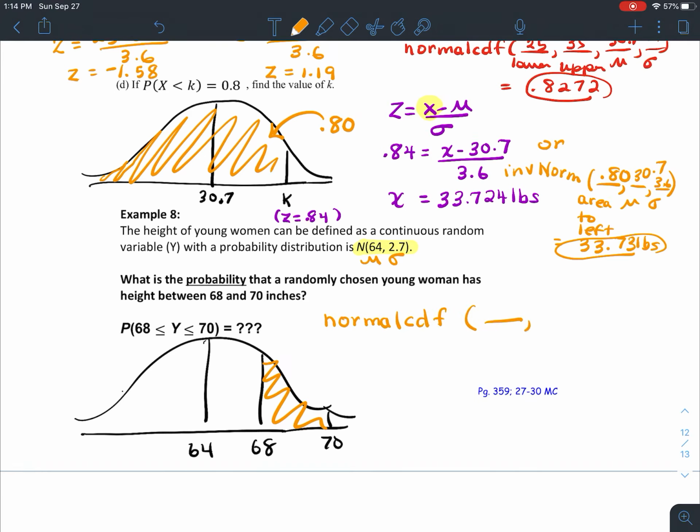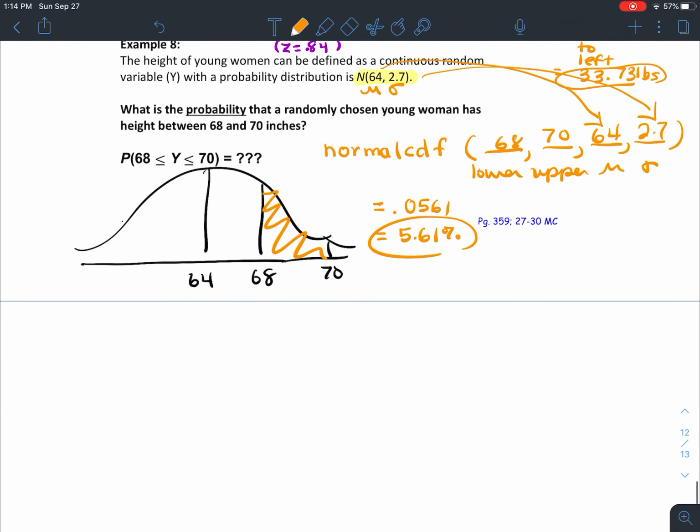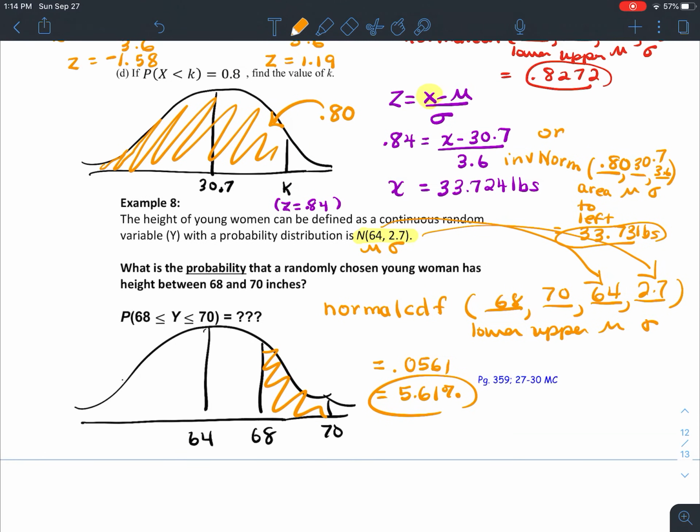I'm going to go ahead and draw a small curve here. I'm going to label 68 as well as 70. I'm going to shade the area in between there, and I'm going to choose one of the three options up above that we talked through here. I always prefer using the normal CDF feature along with the raw data. We're going to label lower, upper, mu, and sigma. That would be 68, 70, 64, and 2.7. Okay. Once again, if you want full credit on the AP test, you have to label those calculator inputs, or they will deduct for that. Okay. And the answer that we get for this is